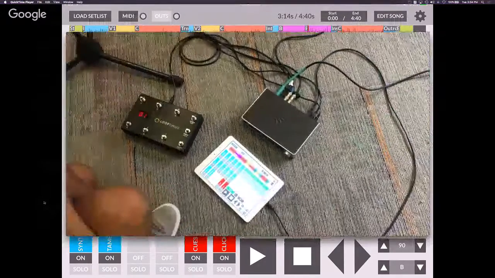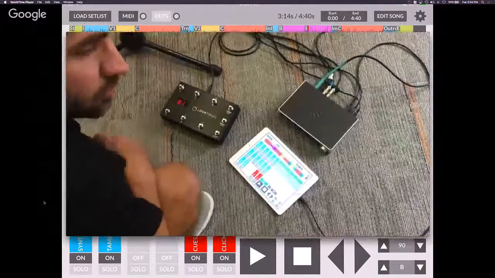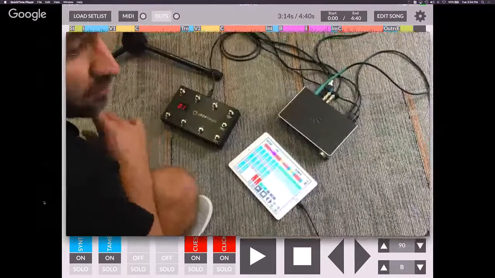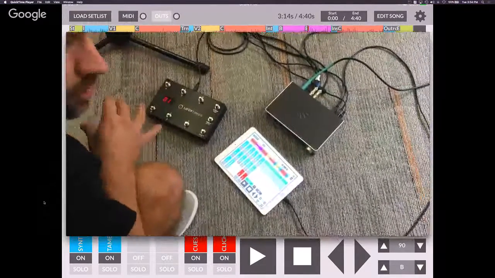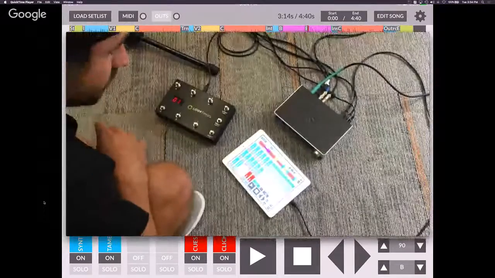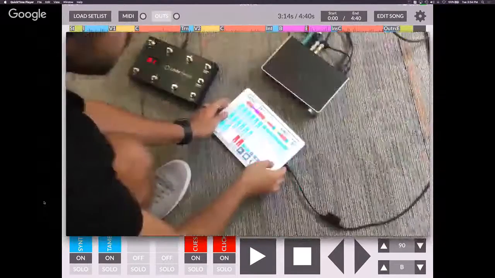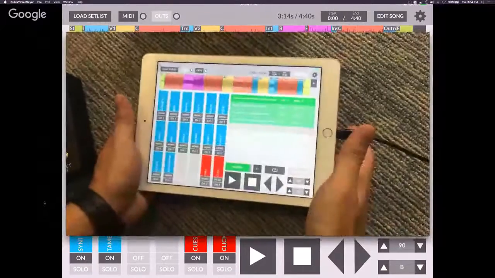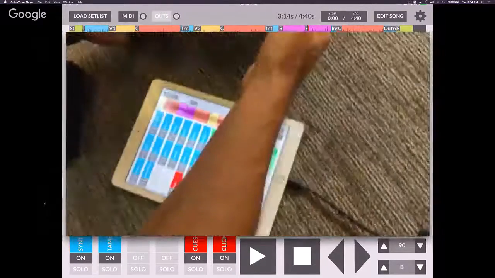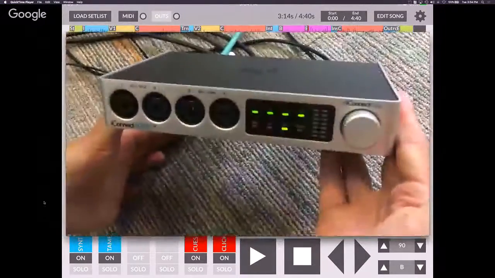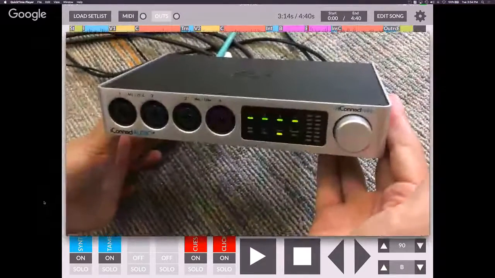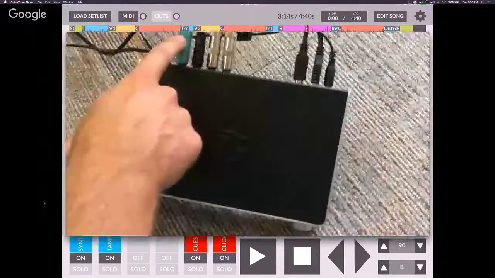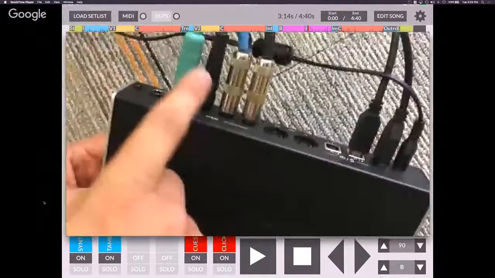What's up, Loop Community? This is Matt McCoy. I'm here to show you the new multi-out feature in Prime 3. So I'm here at church getting ready to lead worship, and I'm going to show you how I have this set up. So I've got an iPad running Prime 3, and I have the iPad connected to this interface. This is called the iConnect Audio 4. And the iConnect Audio 4 has 4 outputs that I just have plugged in right into different DI boxes